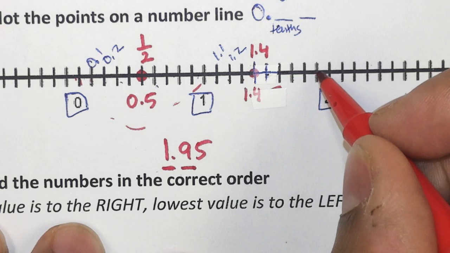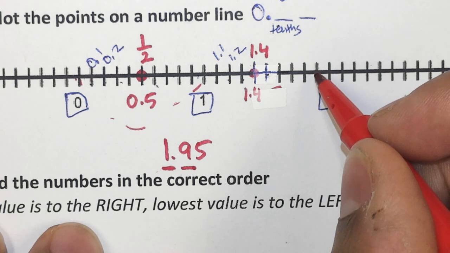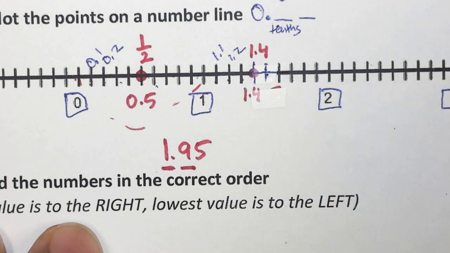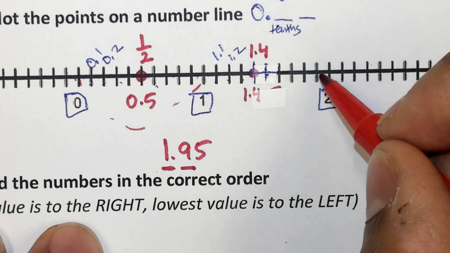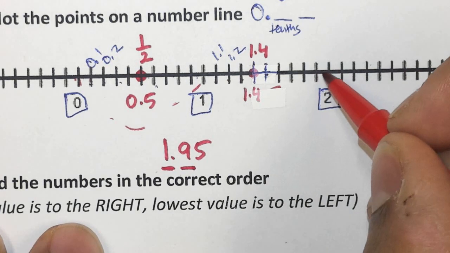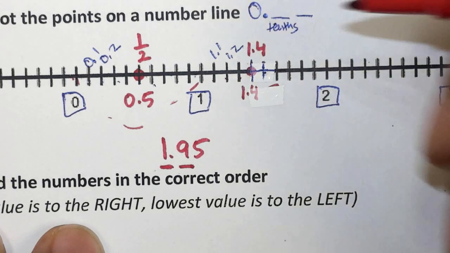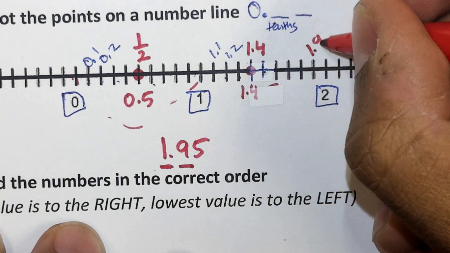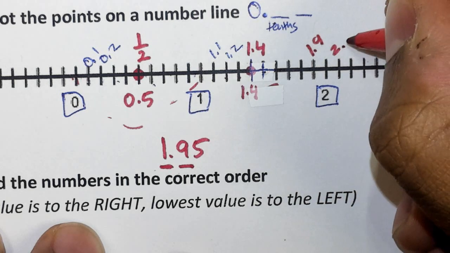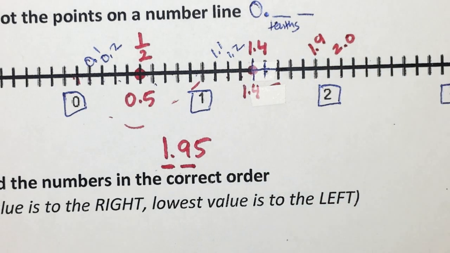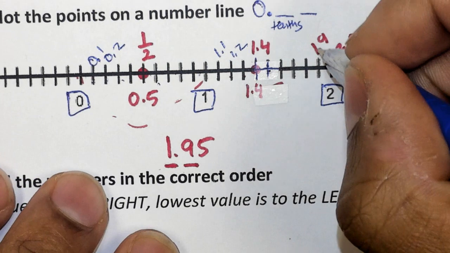That's 9/10 right here. But now I've got to move 5/100. 5/100 is still going to be in between this 9/10 and over here. Now I want you to think about it. This is like 1.9, then I have 2 right here, 2.0, whatever you want to call it. Then I want you to think about it as